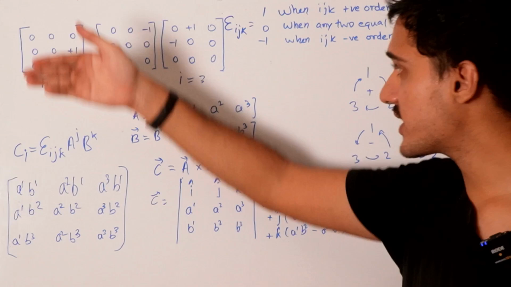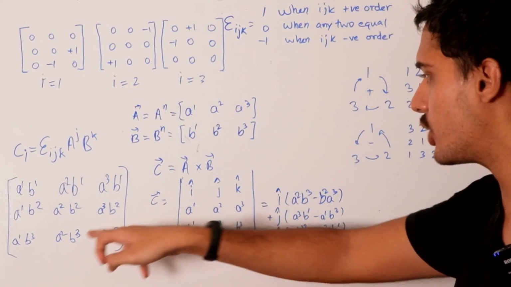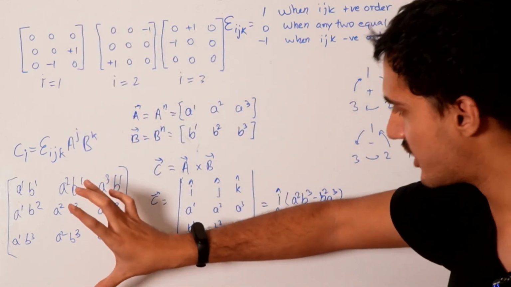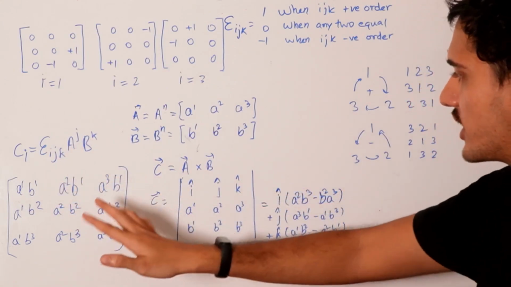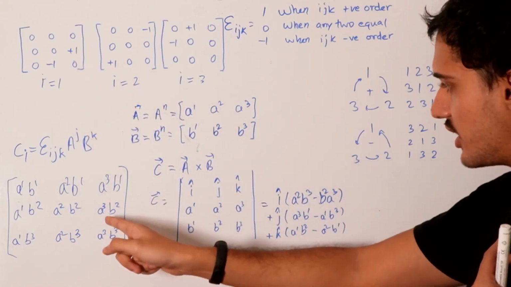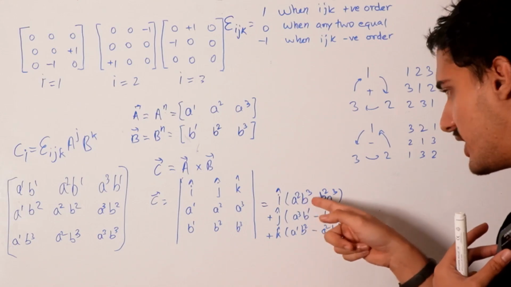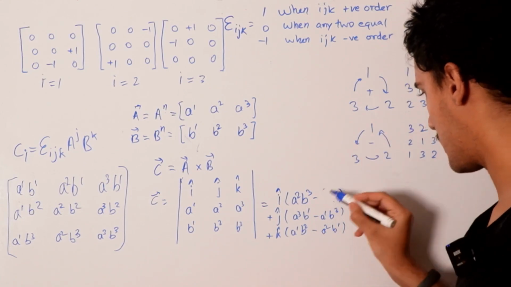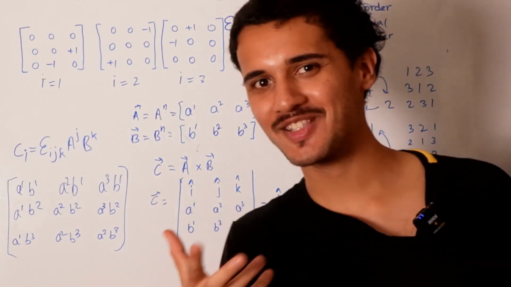Now if you just take this matrix and multiply it element by element, you would get a3 b2 minus a2 b3. You just take this, put it here, and then multiply each element by each element. So you have 0 0 0 0 multiplying these, so you get 0, and then you add everything up, and the only thing that remains is this. Here it's plus 1 and here it's minus 1, so you get a3 b2 minus a2 b3, but we have a2 b3 minus a3 b2. Oh, it should be better written as a3 b2,